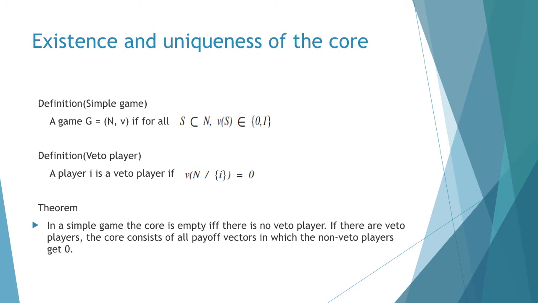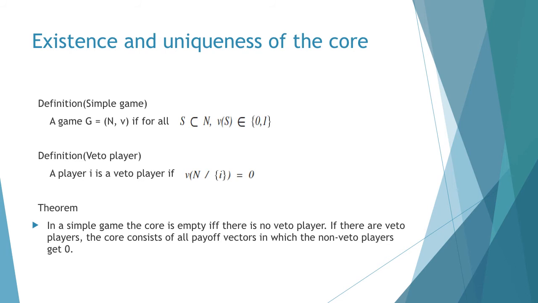Knowing the definition of the core, now let's look at the existence and the uniqueness of the core. Here I want to introduce two definitions and one theorem. Now let's look at the first definition, the simple game. A game is a simple game if for all subsets S in N, the payoff can only be either